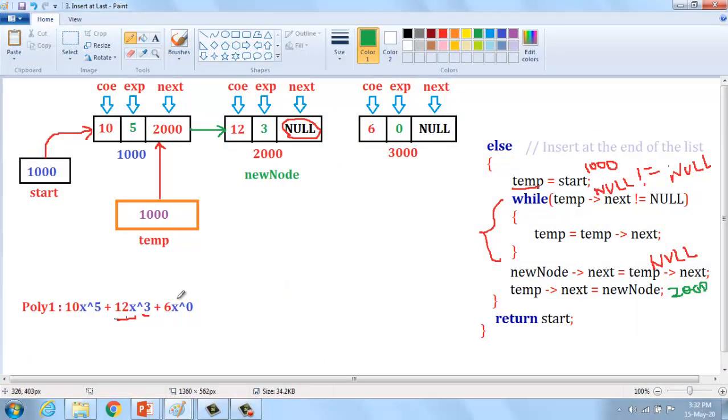After that, if you are going to insert another node in the list, say 6, at that time it checks the condition: temp equal to start. What is start? 1000. While temp of next not equal to null. What is temp of next?